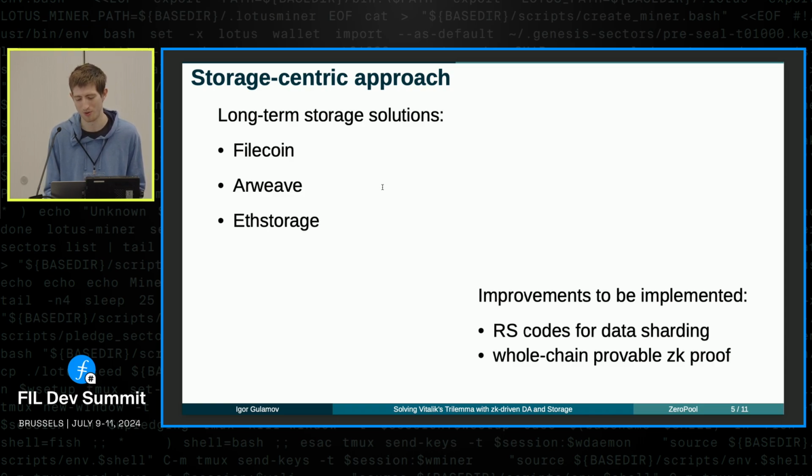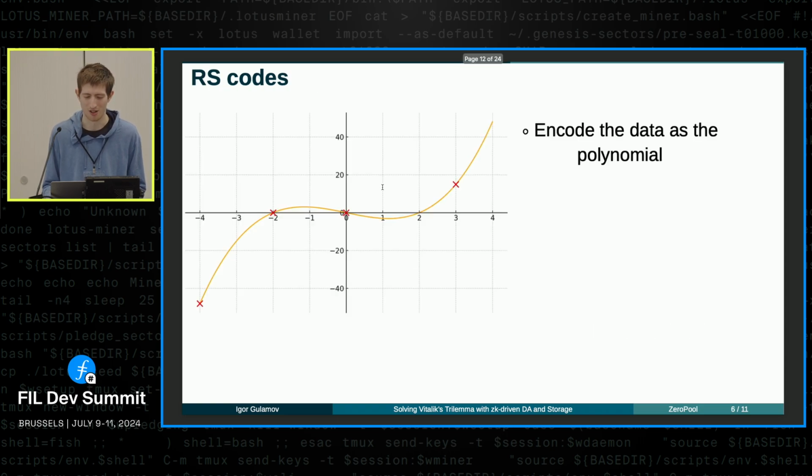We can join it with the execution ZK proof of rollups, and then we get the proof with everything a rollup needs, with the proof of execution, proof of data availability and storage. Let's